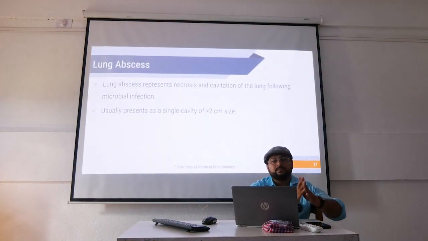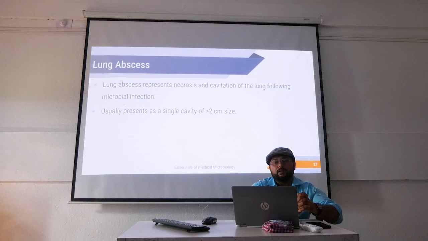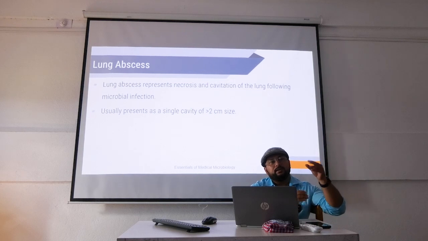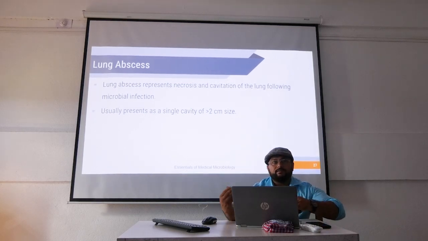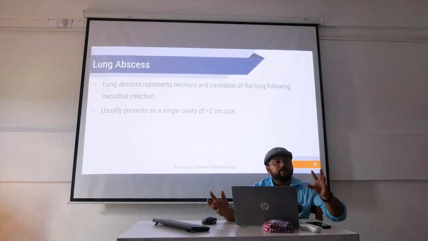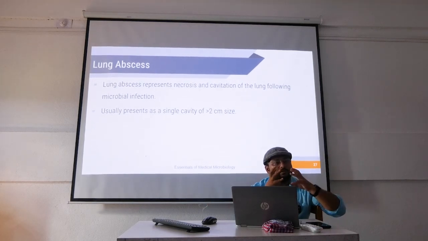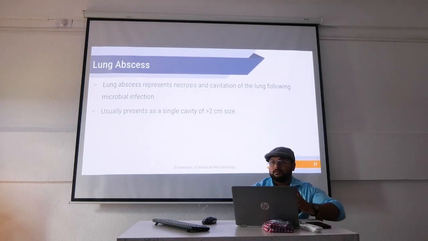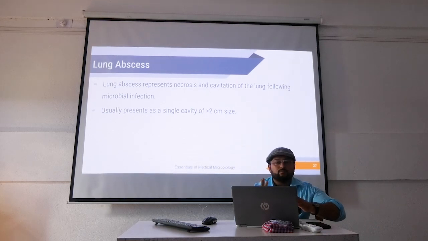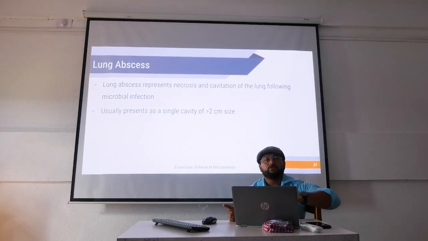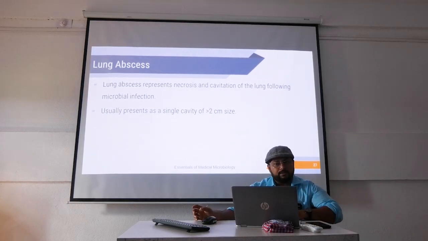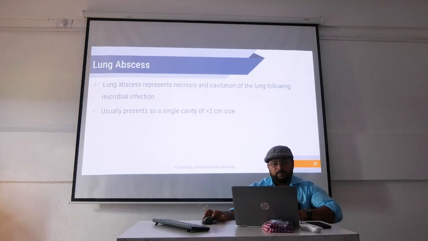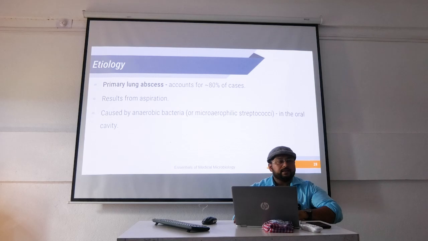Lung abscess. Lung abscess represents the necrosis and cavitation of the lung following microbial infections. Normally in LRTI, patients have just a pneumonic patch and fever, but here we get a total cavitary lesion in the lungs. You can't diagnose without a CT scan. Properly doing a CT scan, we can understand this. Often a mass-like appearance is there, so contrast-enhanced CT scan is the better choice. So lung abscess represents necrosis and cavitation, usually present as a single cavity of more than 2